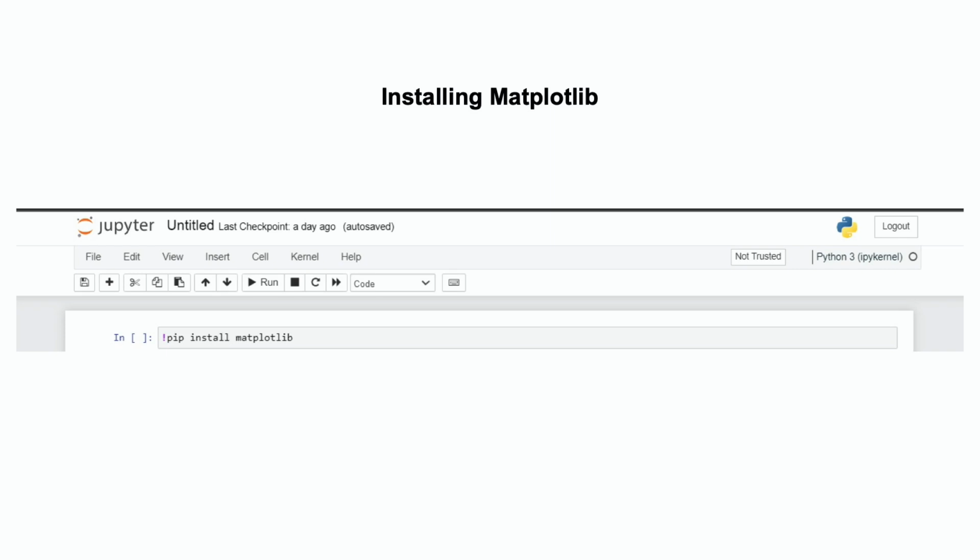This command runs a cell within the notebook, installing the matplotlib library. So the moment you write pip install matplotlib, it will install matplotlib for you. I hope you have done it. Now you are all set. With the Jupyter notebook open, your directory organized, and IPython notebook ready to go and Matplotlib installed, you are well equipped to delve into the world of data representation and visualization